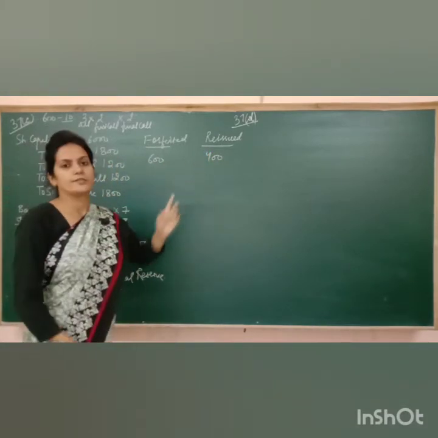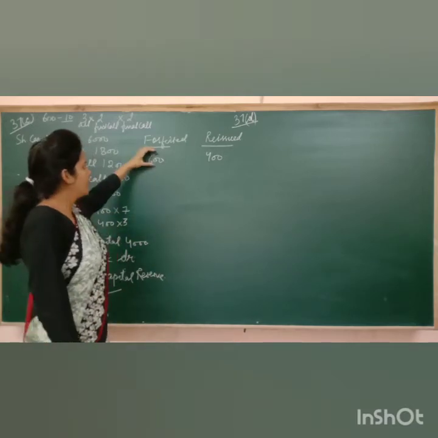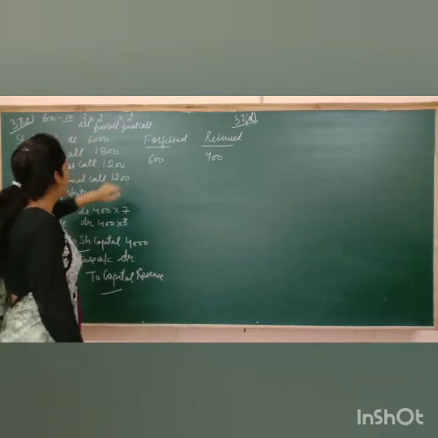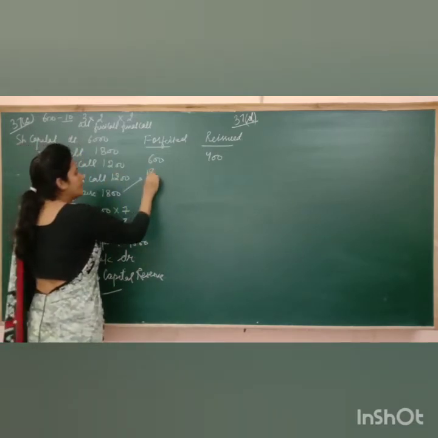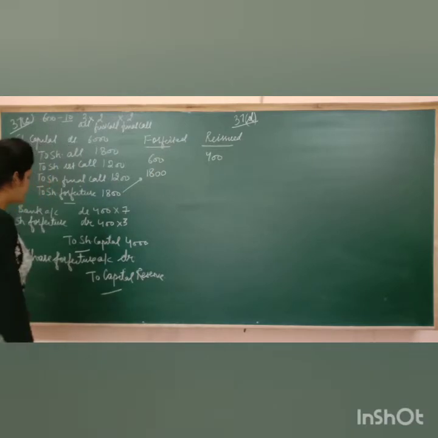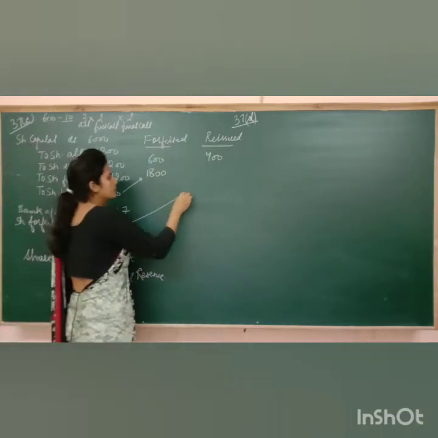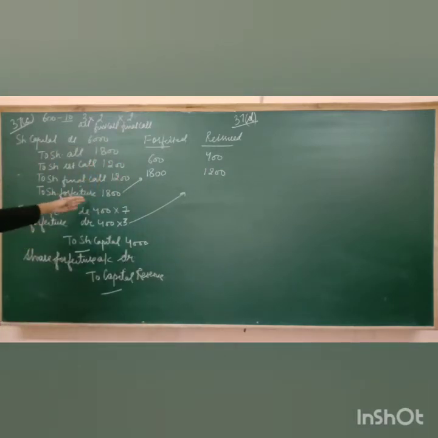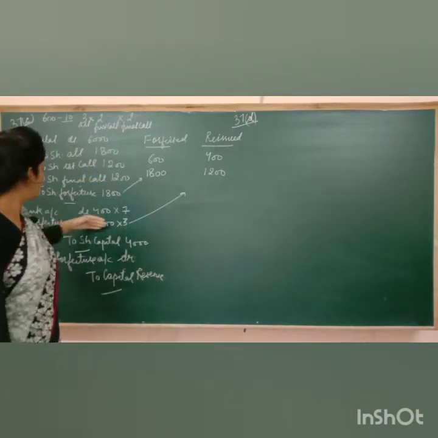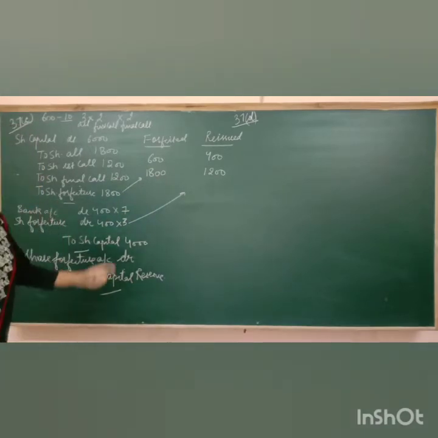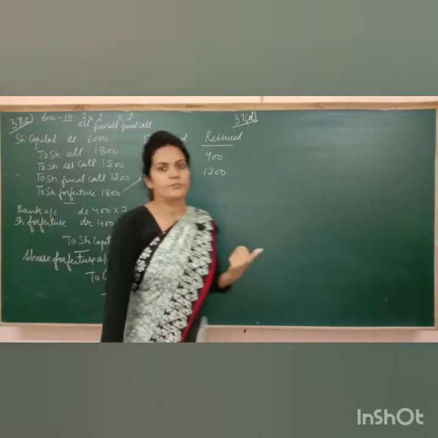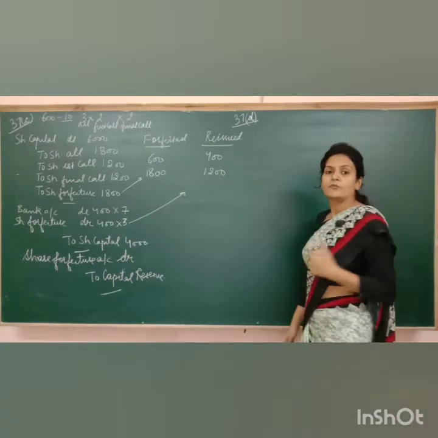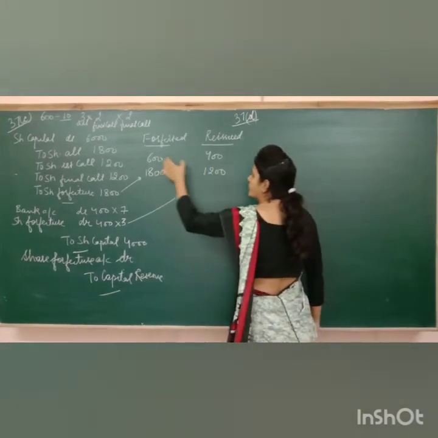Now here comes the difference. Forfeited shares 600, reissued shares only 400. Fine. Profit on forfeiture 1800. What is the loss on reissue? 1200. Right? You may check. Profit on forfeiture 1800, loss on reissue is 1200. Had it been the previous question, means where number of forfeited shares are equal to number of reissued shares, what would you have done? You would have subtracted 1200 from 1800.